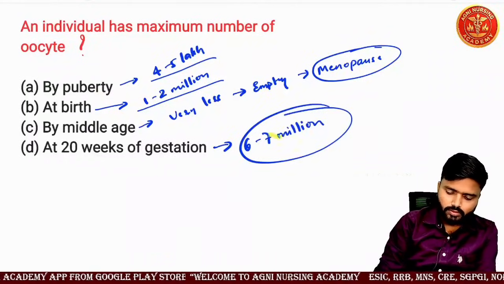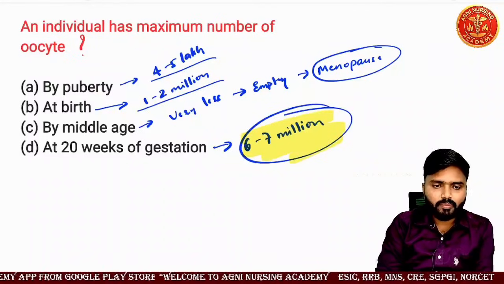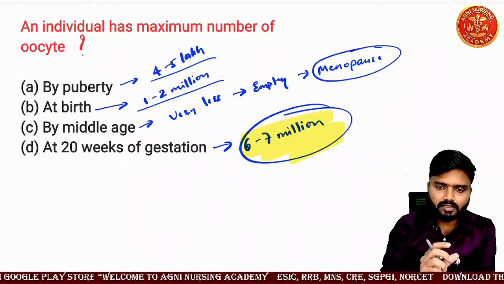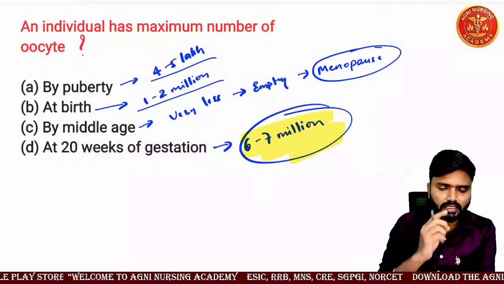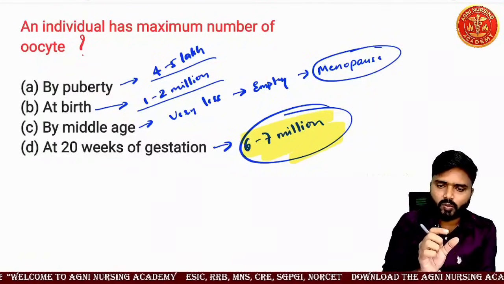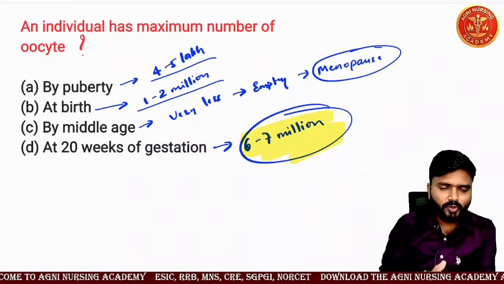Understood? So always remember, in the mother's womb, the female fetus has its maximum number of oocytes, that is 6 to 7 million. At the time of birth only 1 to 2 million remains, and up to puberty only